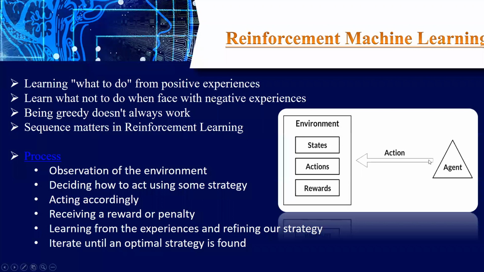So again, day before yesterday, I explained how we can refine our strategy. Now we have one action. After this action, we are taking left. When we are taking left, if we are getting some bad reward, it means we are not supposed to take left. So in that case, what we have to do is take right.